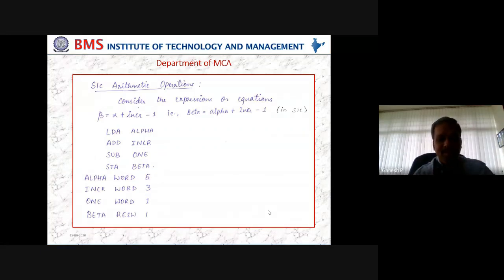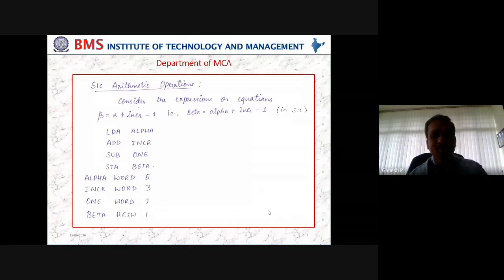So in all these three instructions, the accumulator is involved without saying. In the first one, we are explicitly loading the value. In the second one, without you specifying the accumulator, internally the accumulator is used for storing the sum. Later, after SUB ONE, the subtraction result is also stored back in the accumulator. So initially we started with 10 in the accumulator, it became 15, now it is 14.